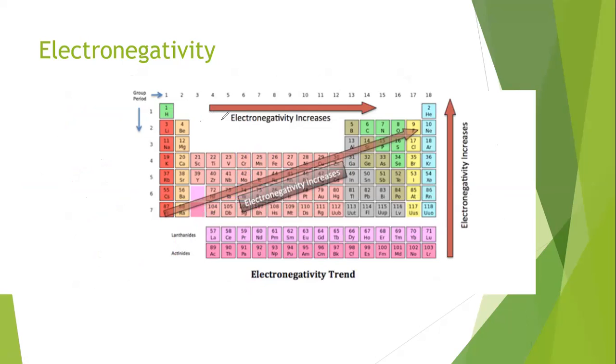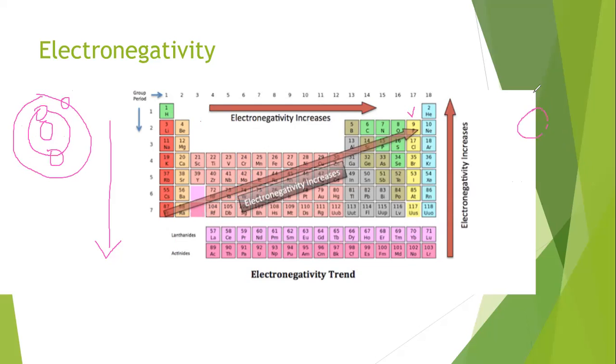electronegativity increases along the period and decreases down the group. Why does it decrease down the group and increase along the period? The reason is the same as we said for electron affinity and ionization energy: along the period, atomic size decreases. As we know, lithium has two shells, the first shell having 2 electrons and the second shell having 1 electron. If we move along the period to, for example, fluorine